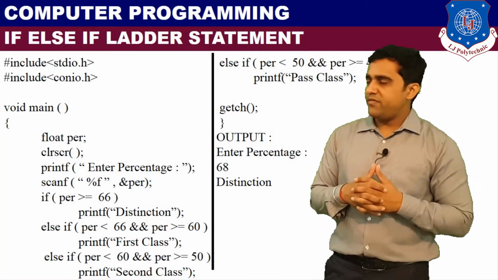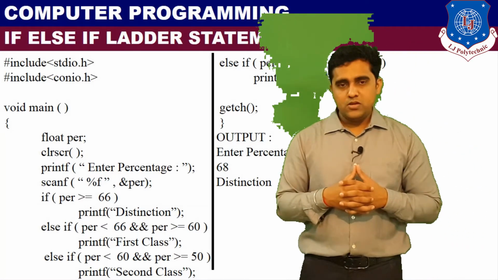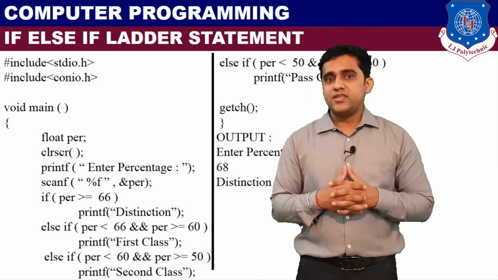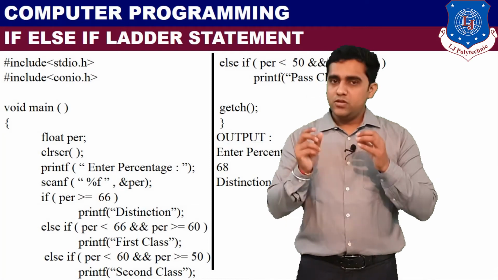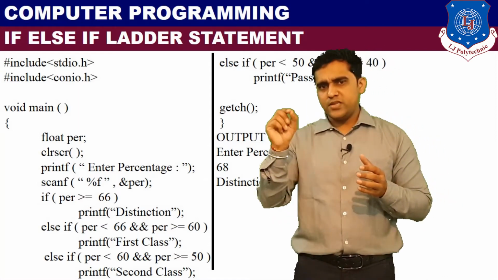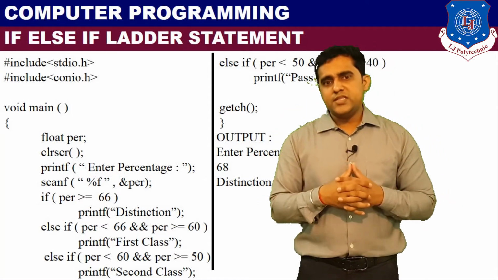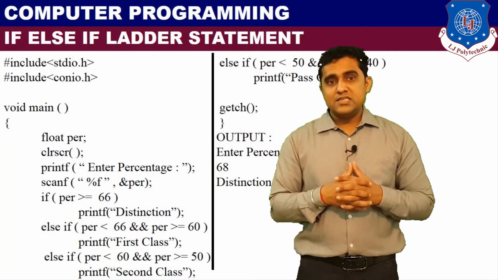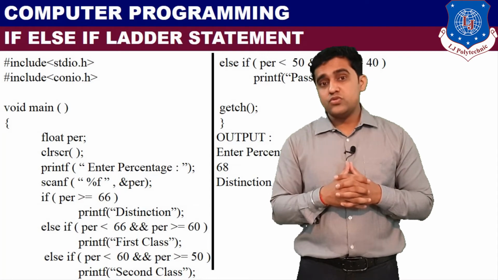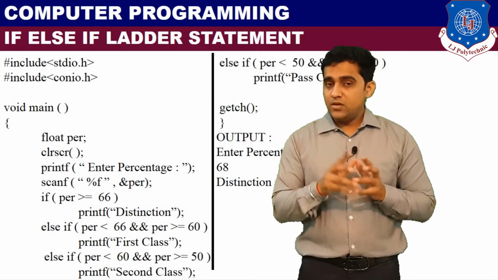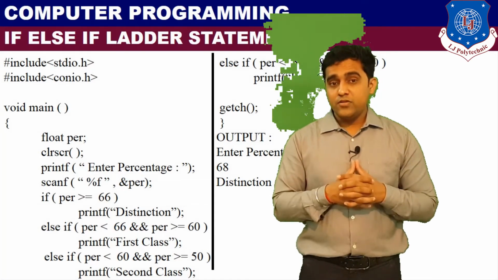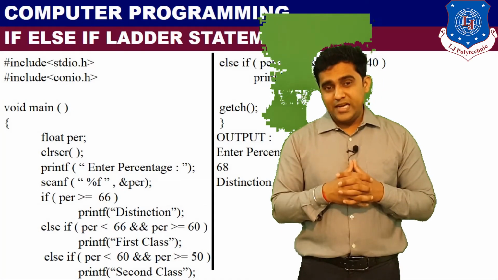So as per the syntax, first we will write if. In the condition we will write percentage greater than equals to 66, then printf you secured distinction. Else space if your percentage is less than 60 and greater than equals to 65, that means first class. Else if your percentage less than 50 and greater than equals to